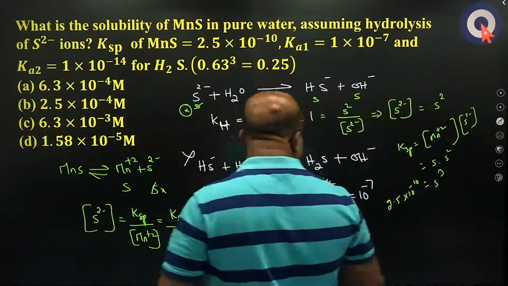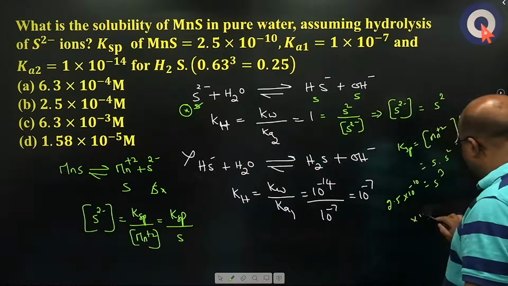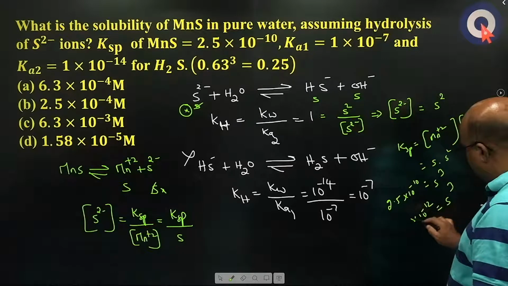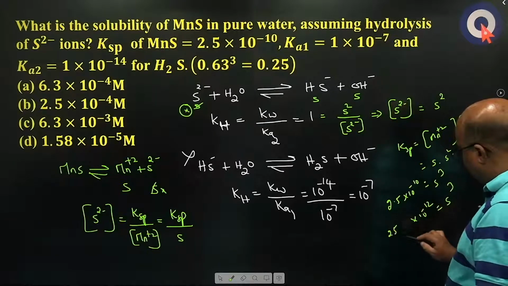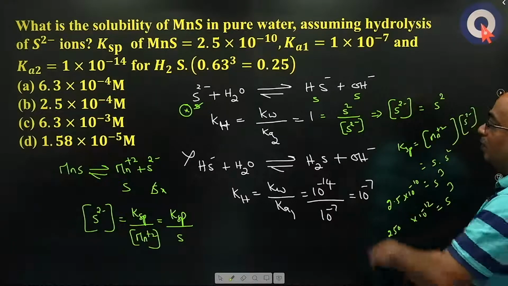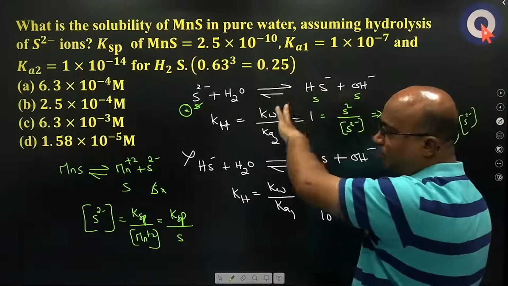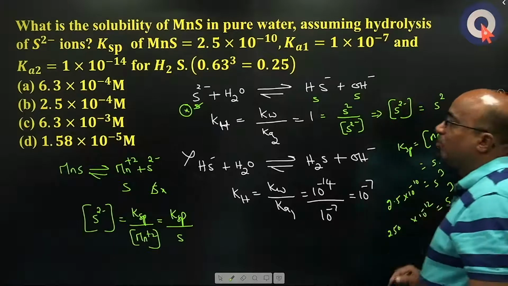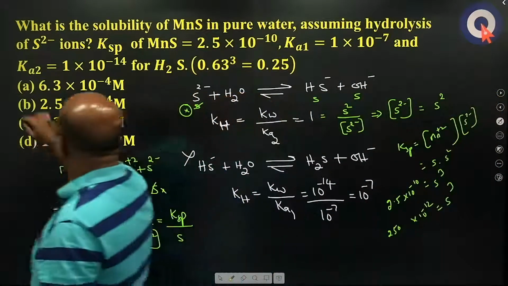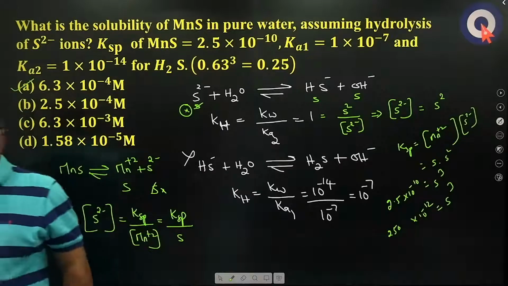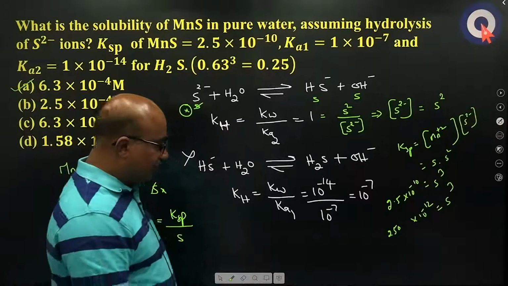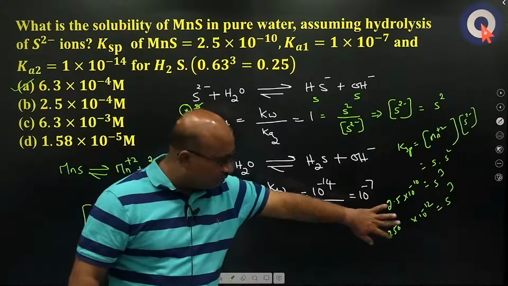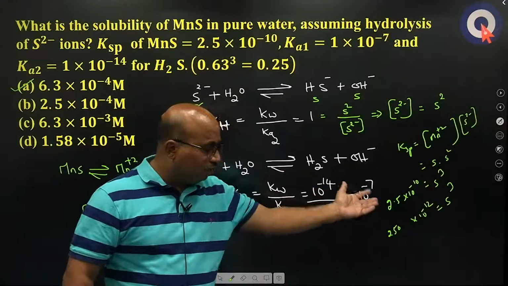Now maybe you could just use it as 10 to the power of minus 12 here. This is nothing but 10 to the S cube. Means 10 to the power of minus 12 means you are making it 250. So you will get 0.63 whole cube is 0.25. So 6.3 you will get for the cube root of this. This is 10 to the power of minus 4. So your value comes out to be 6.3 into 10 to the power of minus 4. Clear? So with this approximation as you do it, you take the cube root of 2.5 into 10 to the